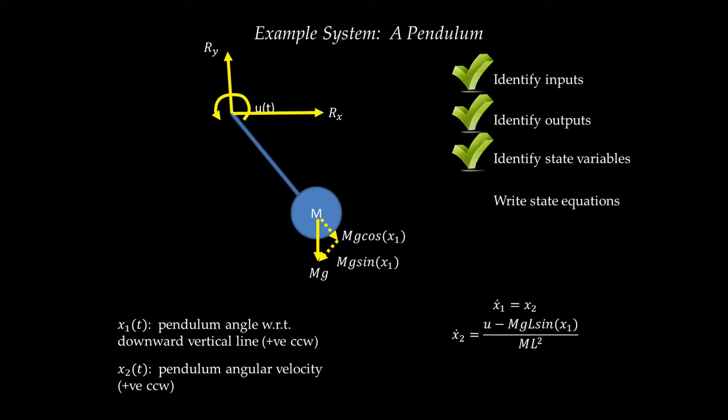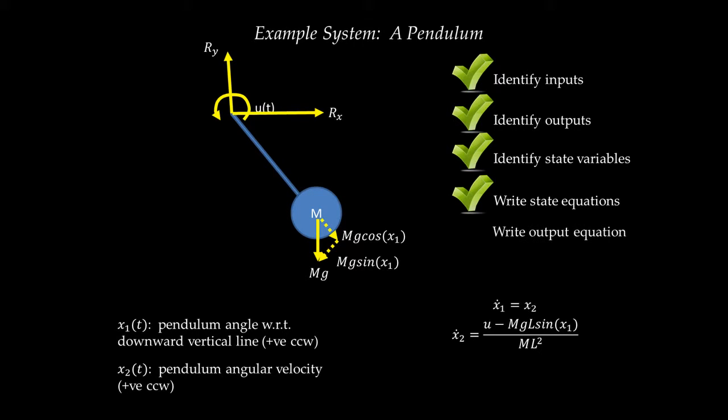One moment around the hinge point is the input torque U of t. The other moment around the hinge point is mg sine of theta multiplied by the length L. These are the only moments around the hinge point because that particular component of the gravitational force, mg cosine of theta, passes through the hinge point, so it doesn't apply a moment relative to it. Also, the reaction forces Rx and Ry do not apply a moment around the hinge point because they pass through the hinge point. So at this point, I'm done writing state equations, and the only thing that is left is